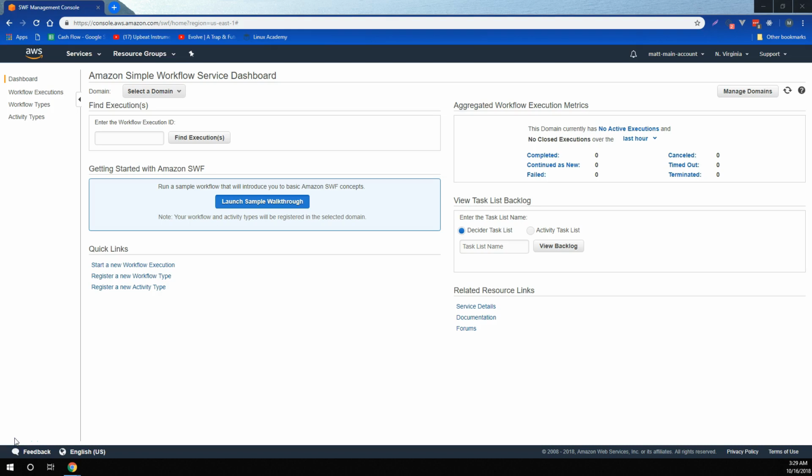For Amazon Simple Workflow Service, or SWF, we learned that SWF makes it easy to build applications that coordinate work across distributed components. We learned that a task represents a logical unit of work that is performed by a component of your application, and that coordinating tasks across the application involves managing inter-task dependencies, scheduling, and concurrency in accordance with the logical flow